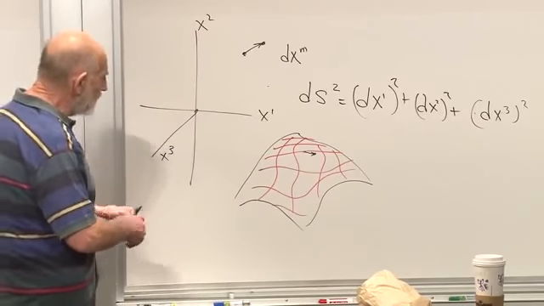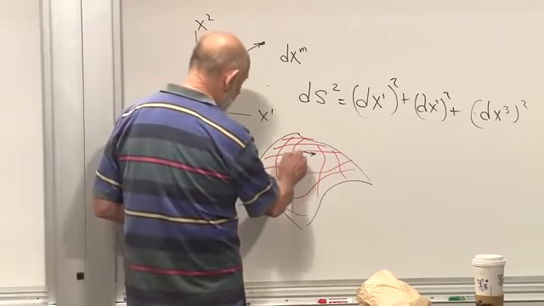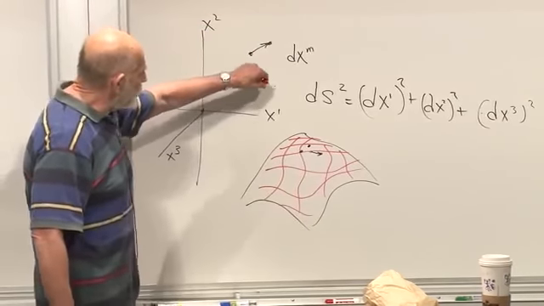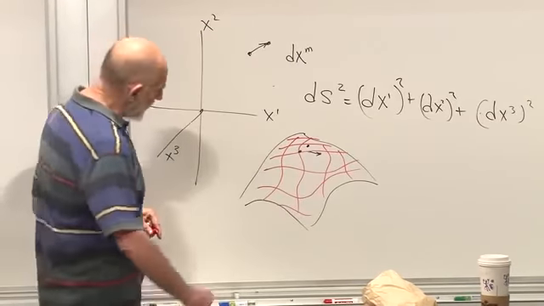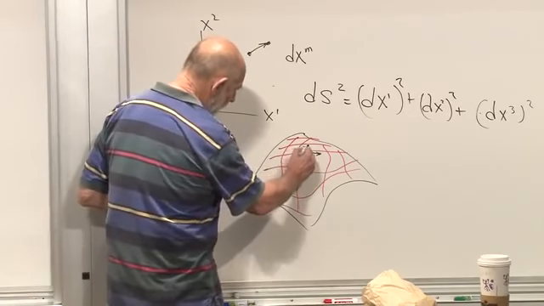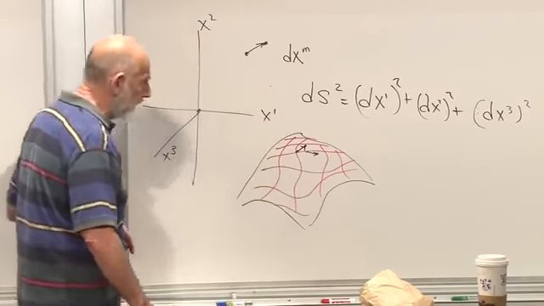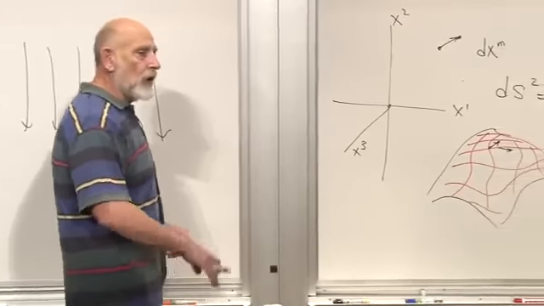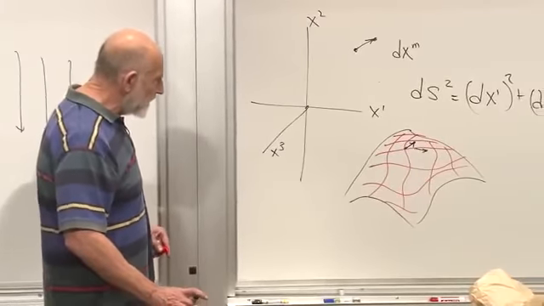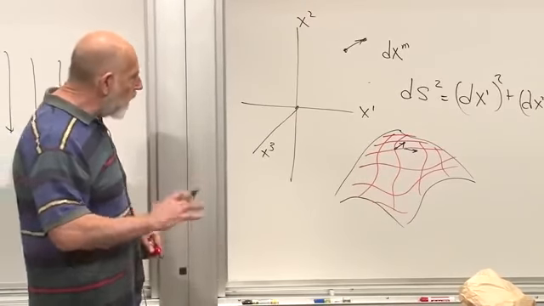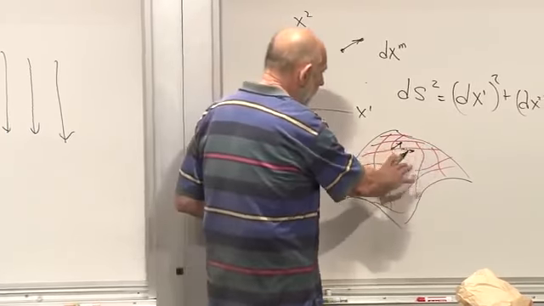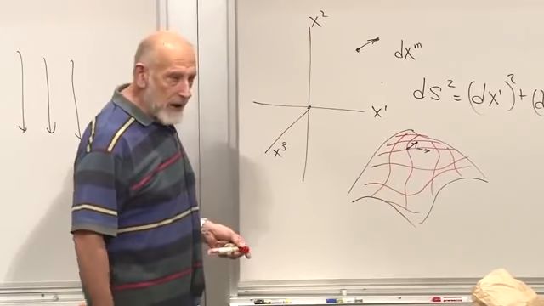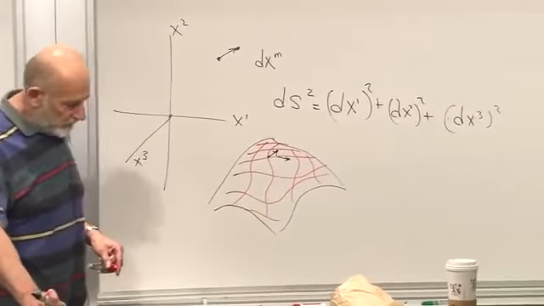Now we take two neighboring points. Here's two neighboring points. They're again related by a shift of the coordinates. This shift over here is again called dxm. But now for an arbitrary curved surface with arbitrary coordinates, coordinates of arbitrary kind of complexity, the formula is not as simple as this. It has similarities with it, but it looks